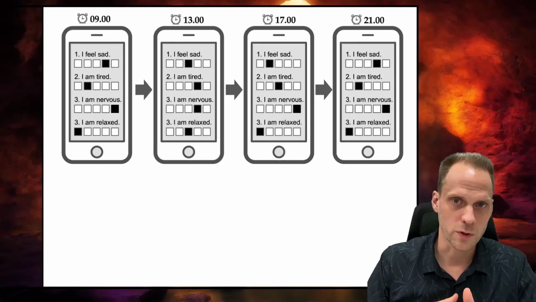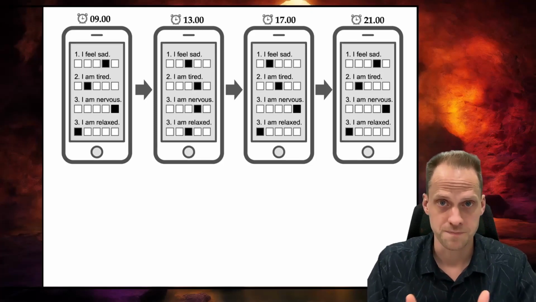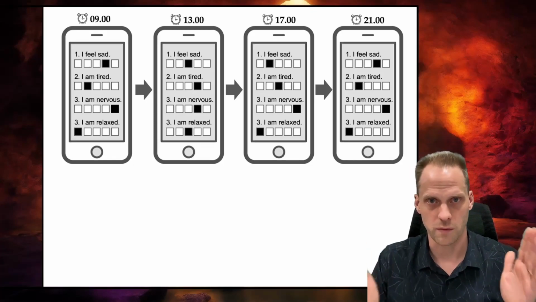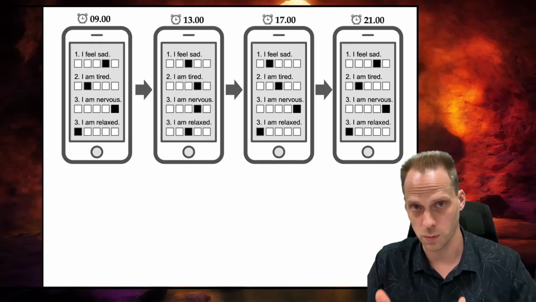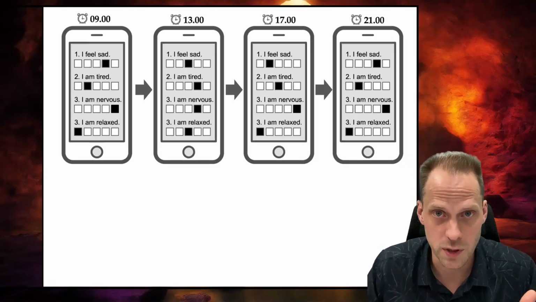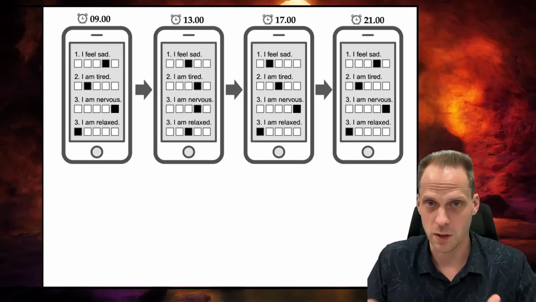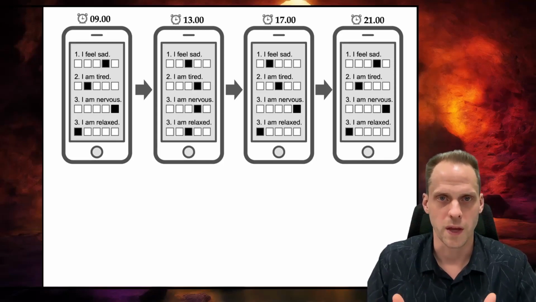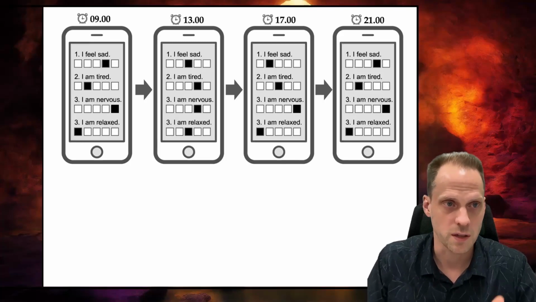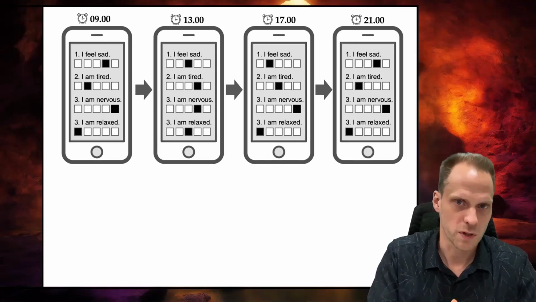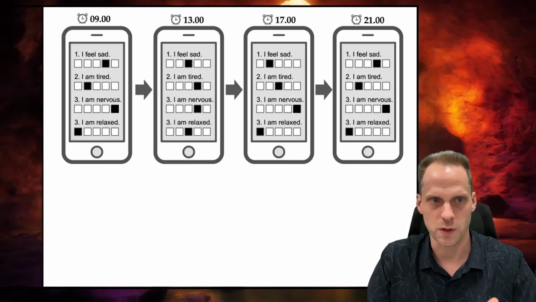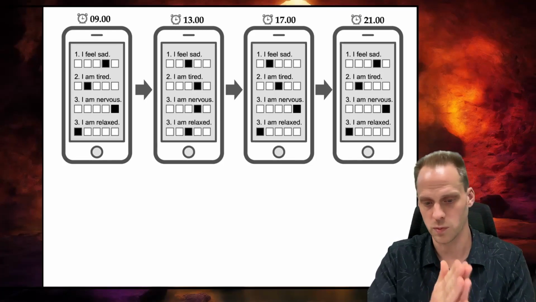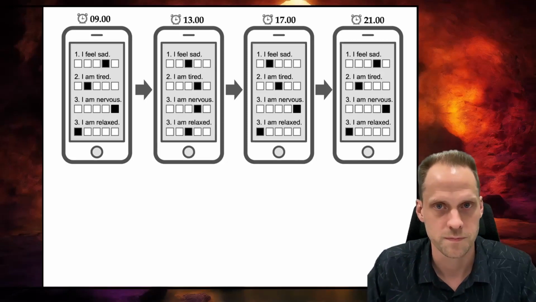Although another type of longitudinal data I'll also talk about later is data where we have a very large sample and we collect only a few observations and maybe then a lot of variables, which you might more typically see if you have panel designs where you have, for example, a panel of like 1,000 people and they all fill in a questionnaire. Then you probably don't use a smartphone, but the logic is the same because one observation comes before the other and the other observation comes before the next one, etc.